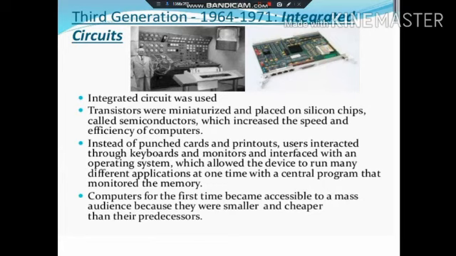They also started using operating systems that allowed working on many different programs simultaneously. That is, multitasking was possible. In today's computer, you are using different applications in different tabs. Similarly, this technology was started in 1964 only. Some examples of third generation computers are UNIVAC 900 series and IBM 360. This is a very important generation because mass production of computers started in 1964 only.